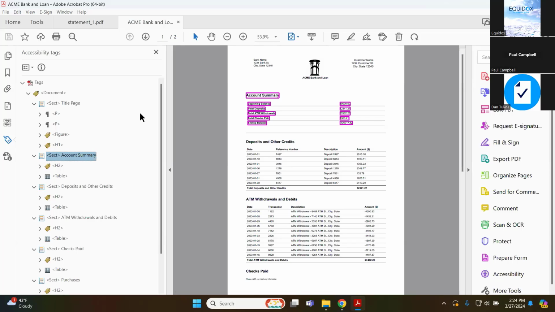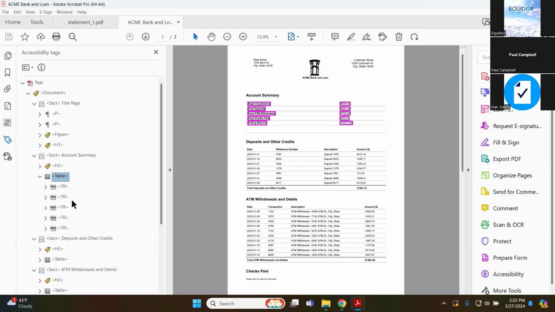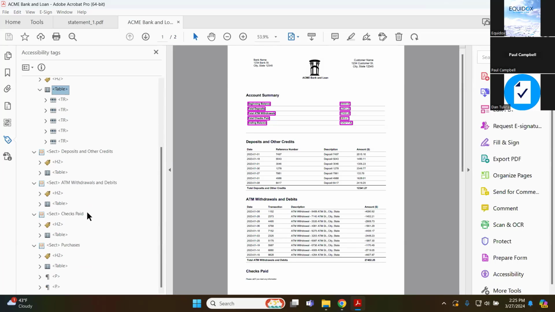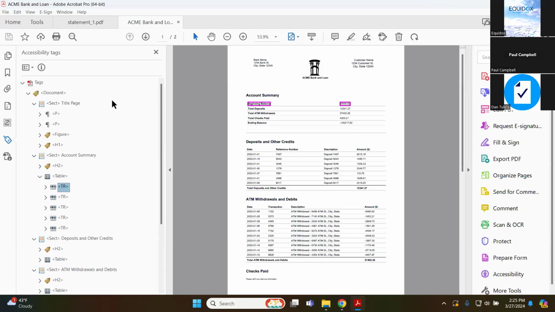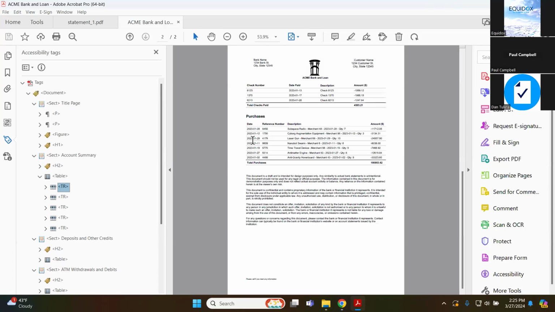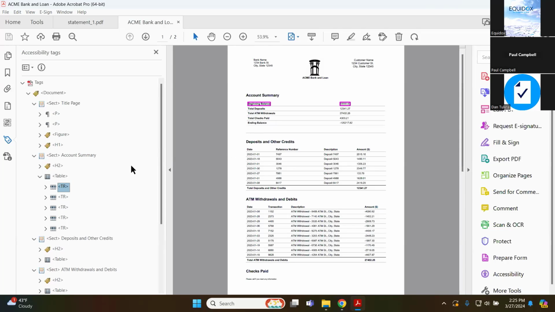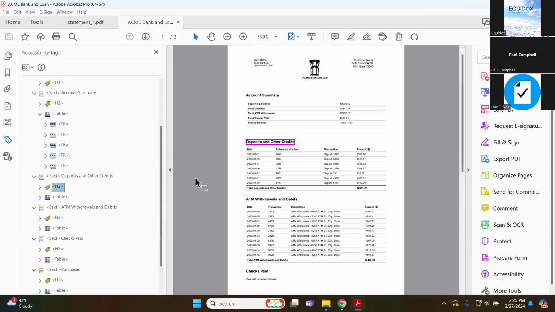We have our heading structure. We have an H2. We have a table. The table is properly tagged. And if you're not too familiar with what the tag structures look like in accessible PDFs, this is kind of the whole point: it is pretty complicated and very slow and manual to set this up document by document. So the use of automation and AI dramatically simplifies this process, and it totally takes humans out of the equation.